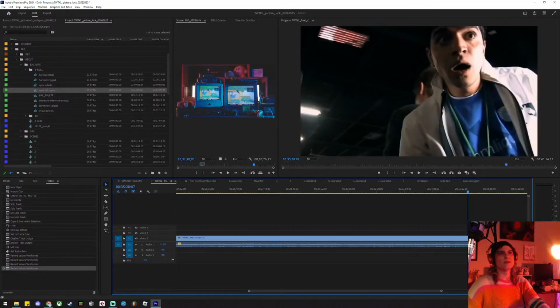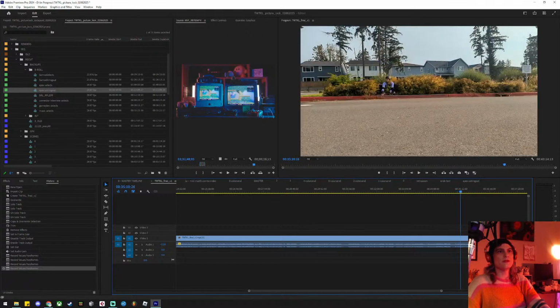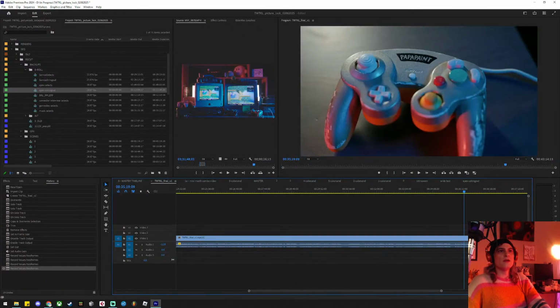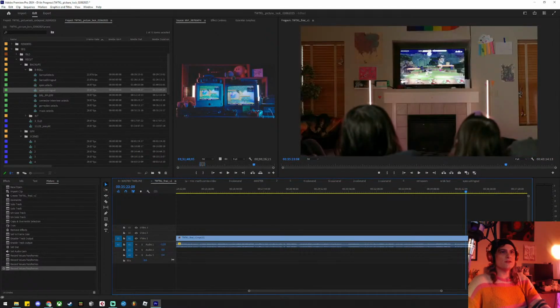Let's see. This shot right here where I fall off the skateboard. This is real. It was my second or third time on the board. I thought it looked way cooler than I did there. But that hurt like a bitch. That hurt very badly. That one didn't hurt so much, but it was pretty embarrassing. Now I can at least ride around the thing without falling over. I can do a few other things, but